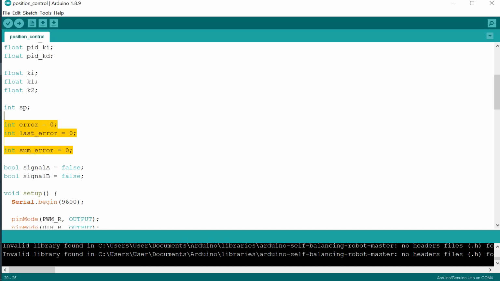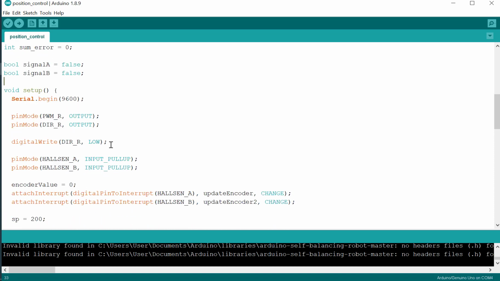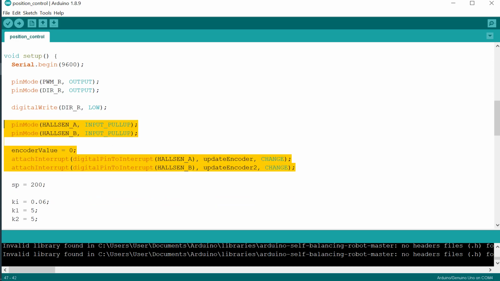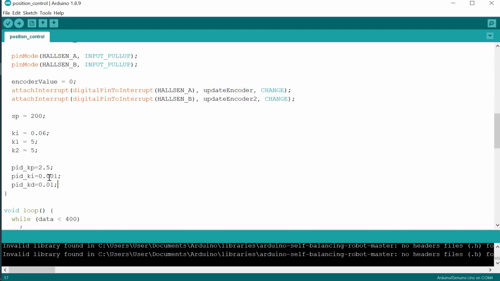This is the other parameter. This is the encoder value, the signal A and the signal B. And then this is the motor driver configuration. We use the low logic. This is for the encoder value, the encoder function, and then this is the parameter.